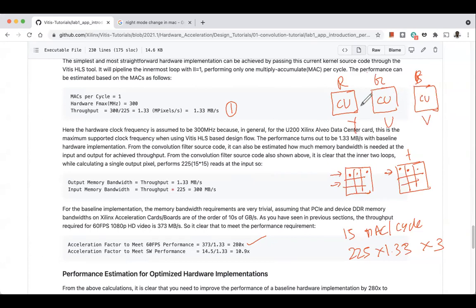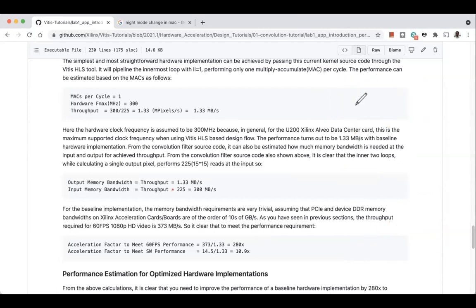See, the base design, all we did is a very simple thing: unroll the innermost two loops. Design one is unroll the innermost loop. Design two is unroll the innermost two loops. In the initial design D1, we perform 1 MAC per cycle.